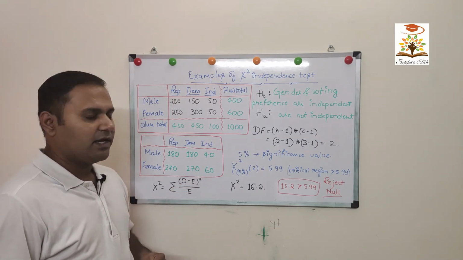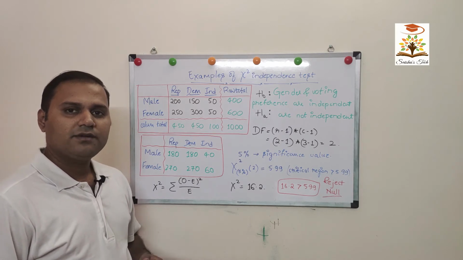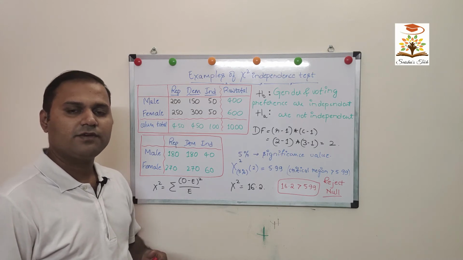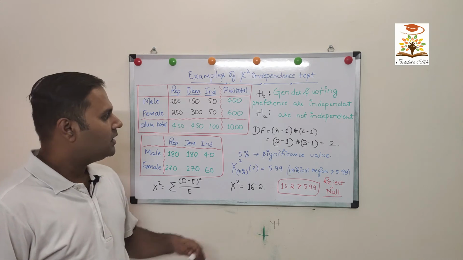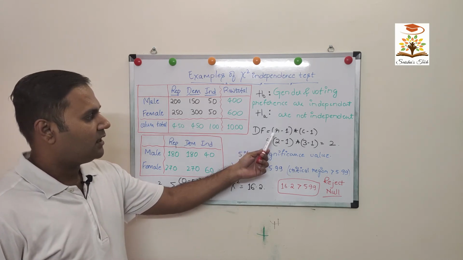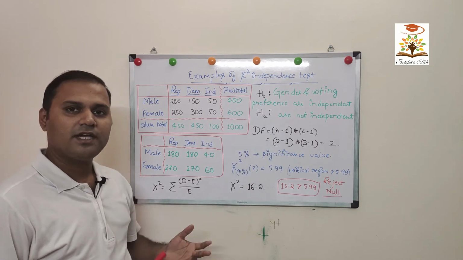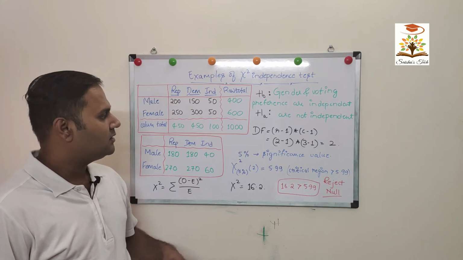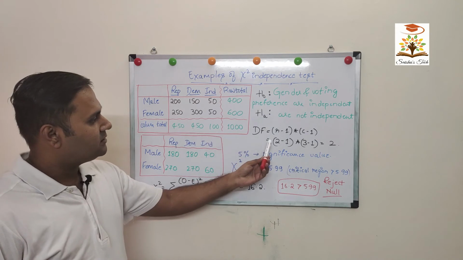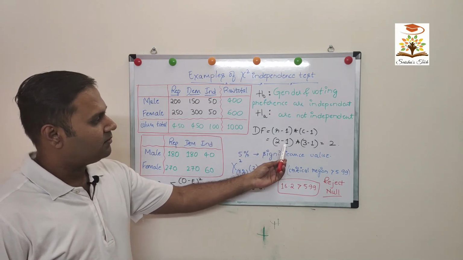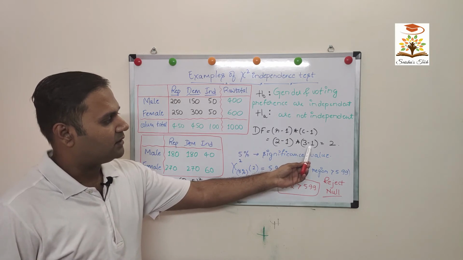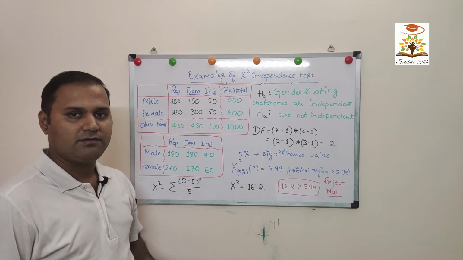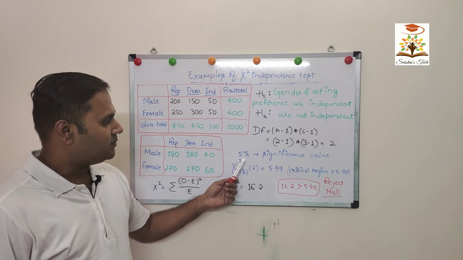As we have calculated the expected values, to extract the chi-square value from the distribution table, we require two things: degrees of freedom and significance value. Degrees of freedom can be calculated using the formula (r minus 1) into (c minus 1), where r represents the number of rows and c represents the number of columns. In our observed data, that is (2 minus 1), that is 2 rows minus 1, into (3 columns minus 1), which is equal to 2. We are considering 5% as our significance level. Hence, it is 5%.